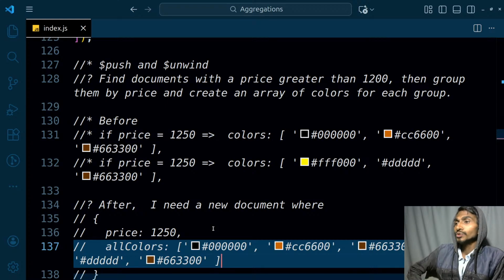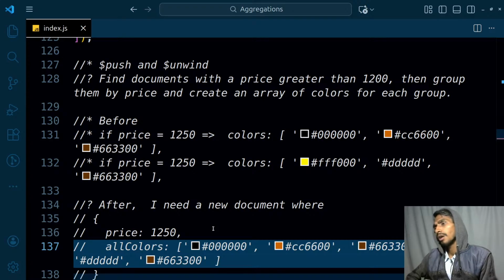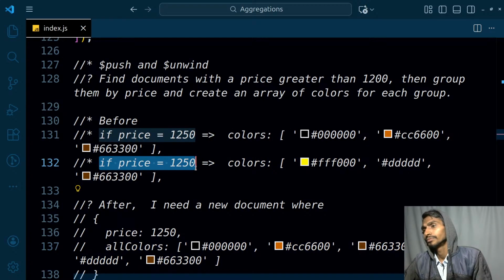If price is equal to 1250, colors are going to be this. Isn't it the same? Yeah, that's the same. So if price is 1250, colors are going to be this. After that I need a new document where price is 1250, all colors are